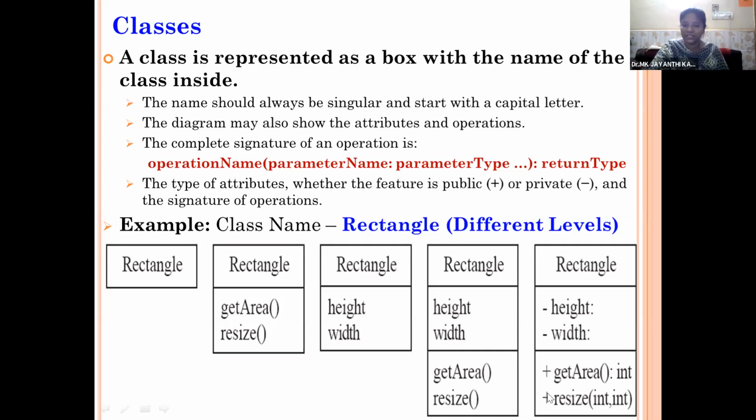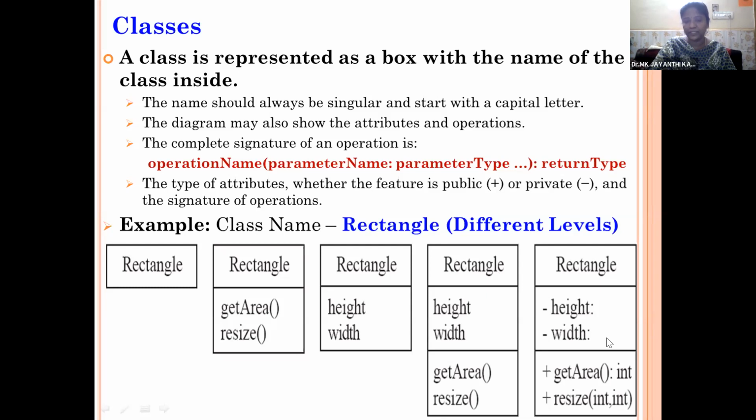So the access specifier or visibility is specified for the attributes as well as the functions. For functions, if a plus symbol is used before the function name, it means the function is a public function. And if minus is specified, the function is a private function. Private functions are accessible within the class alone. We cannot access them in other functions or in derived classes. If it is a public function, we can access it within the class as well as in the derived classes and outside. So these are the things we need to consider while drawing a class diagram.